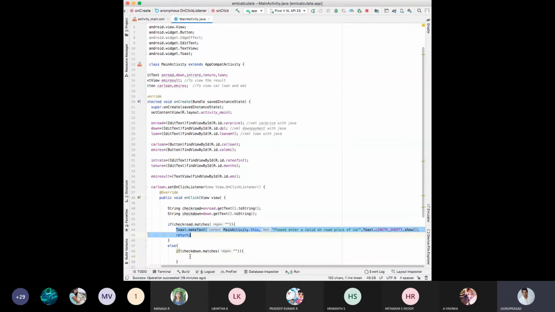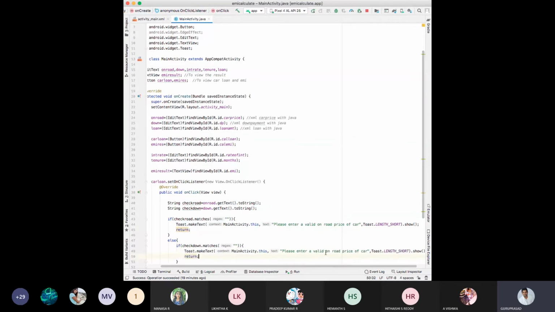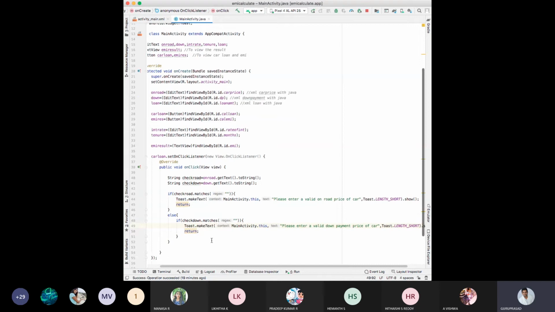You need to toast a message, but enter a valid down payment price of the car. Okay, after which else, if this condition is true, then